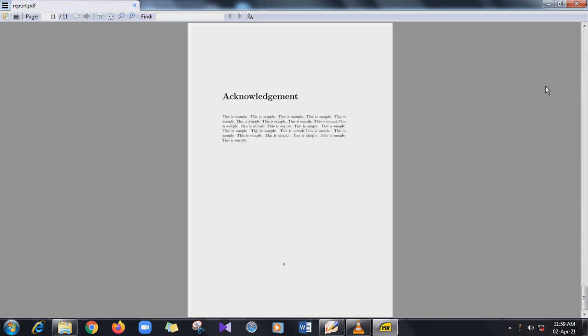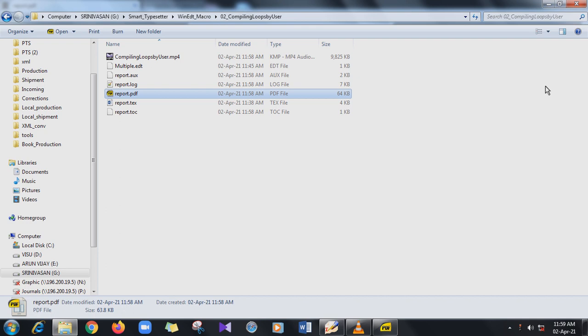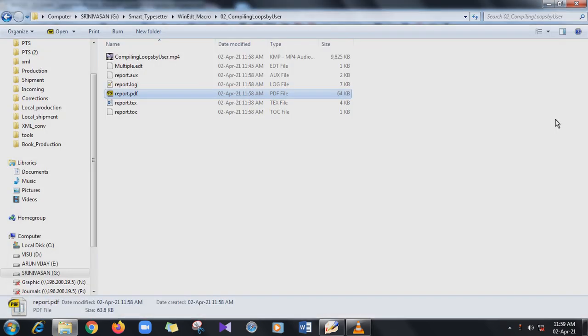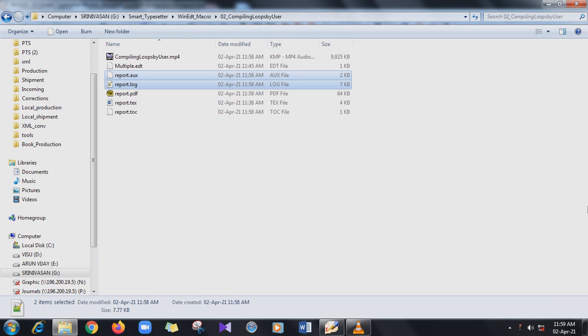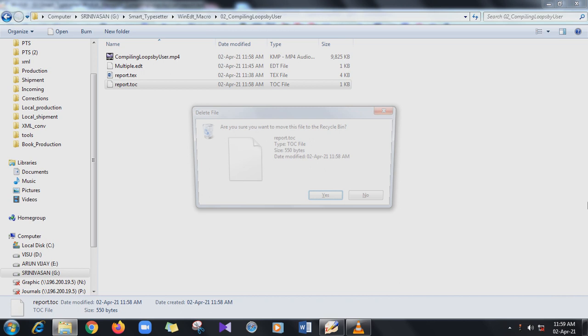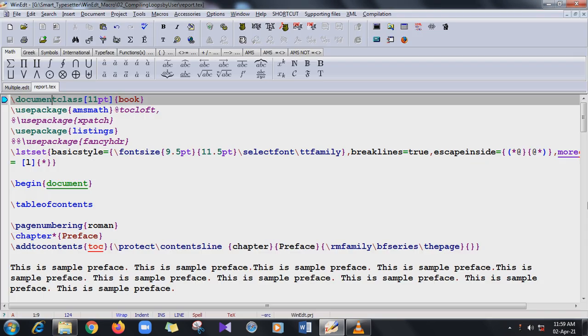So if you want the TOC also, and all links to work, we have to compile minimum 2 times. So I'm going to delete again. Now here again I am going to run this macro.